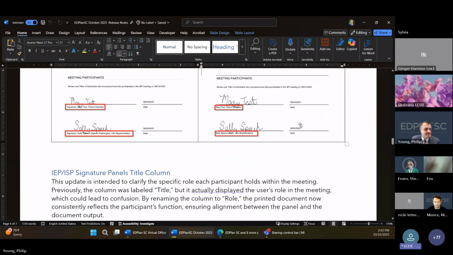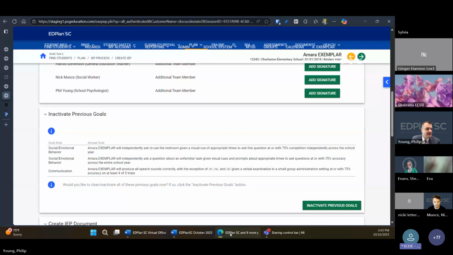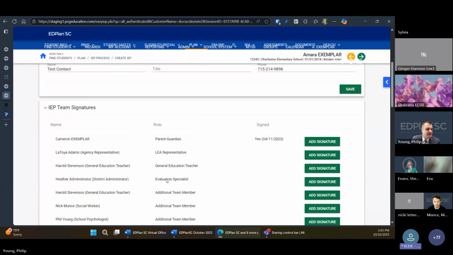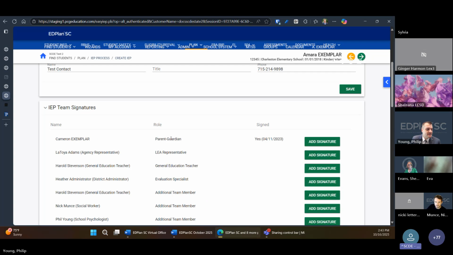And then in the IEP signature panel, this was just a minor tweak. Previously up here it said title, when in reality it's actually showing their role in the meeting.